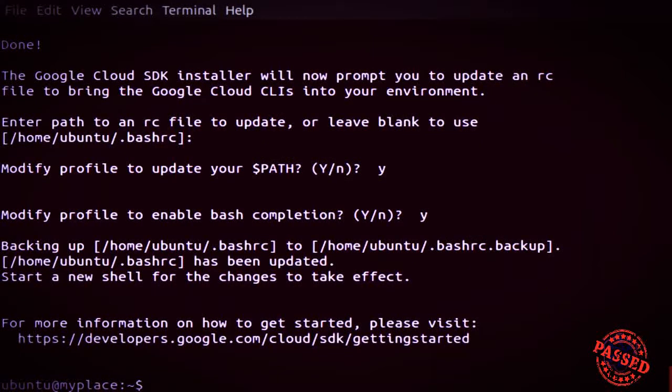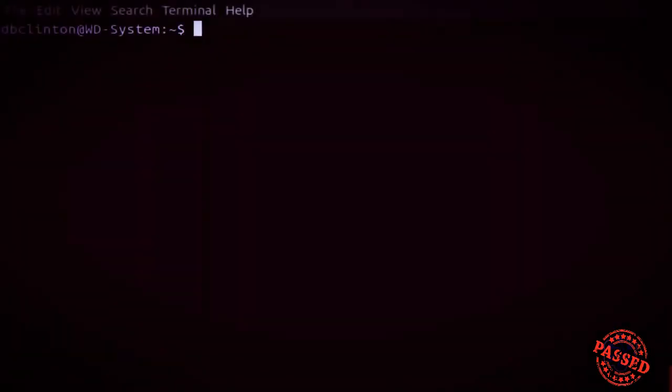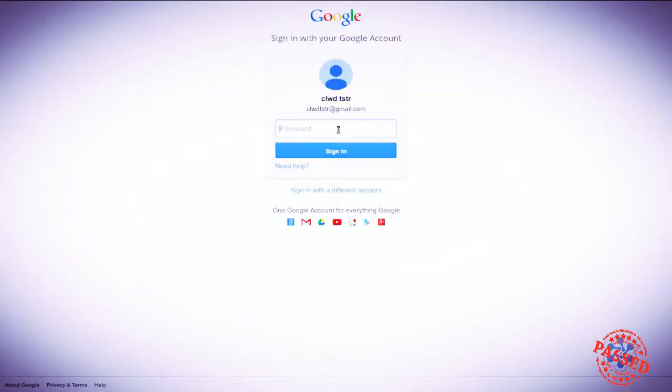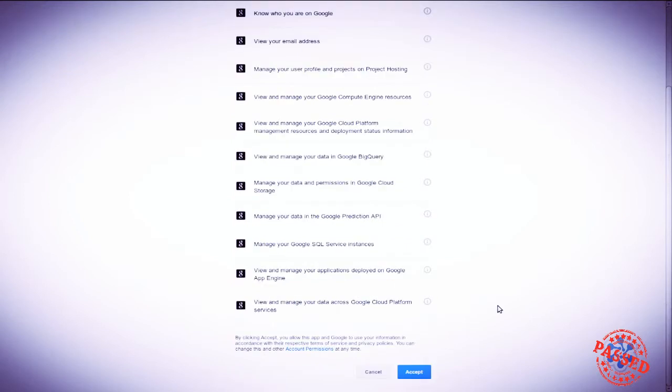We will, of course, as it says, have to log out and create a new shell for the changes to take effect. To log into our GCE account from our terminal session on a local computer, we'll have to authenticate. We do that with gcloud auth login. We'll enter our password, and we will authorize Google to access various resources on our computer for the purpose of enabling all the command line interface tools. We will accept,